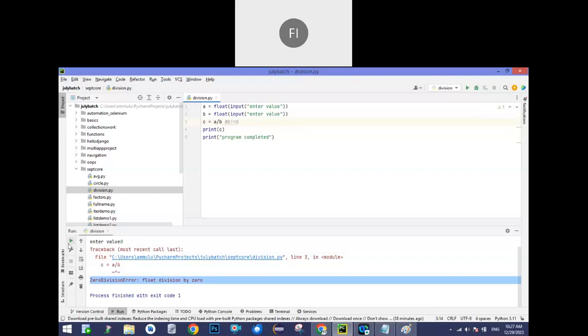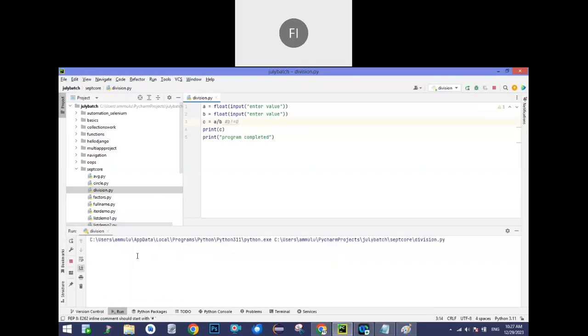But it does not stop your execution in every case. For example, if you give proper input, like 8 comma 6, yes, it will execute, there are no issues. But it is failing for some cases. One case we observed is if b is given as 0, then this program fails.